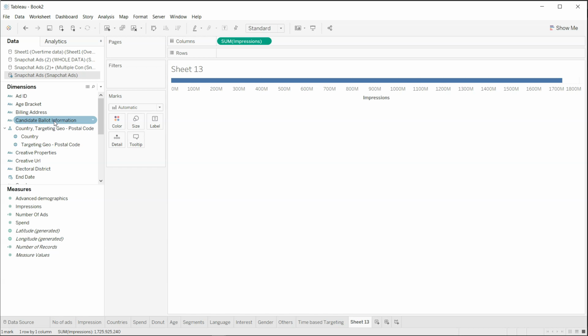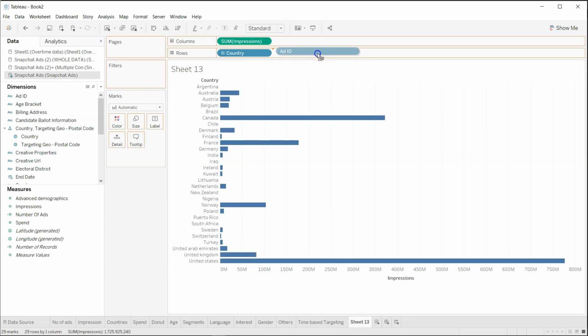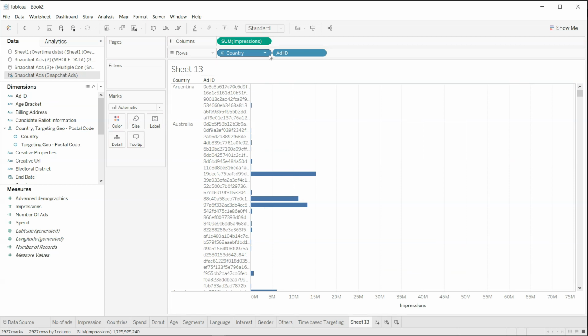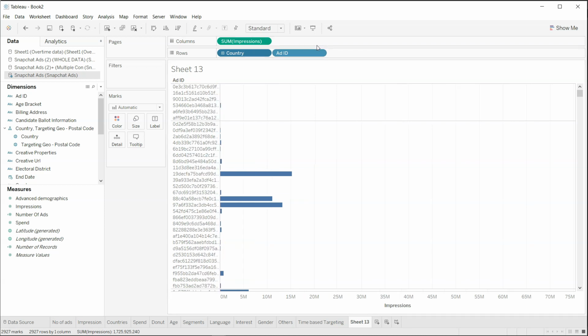So over here, if I just take country along with the ad ID, so that we have individual ad IDs, and then we can just remove the show header,